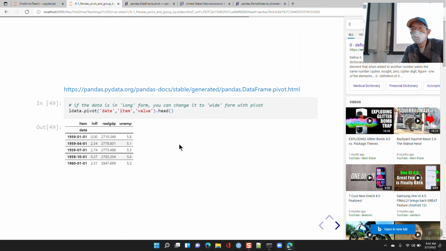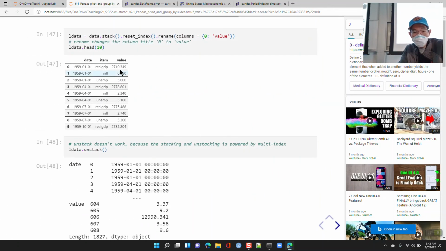So value says what are the numbers that need to go in here? The numbers come from this column, value. You could imagine another data set where I had a column for value and another column with other numbers in it. It could be date, real GDP, and then a value for California, a column for value for Texas, and something like that. And then when you pivot this, now there's technically multiple values corresponding to 1959, January 1st, real